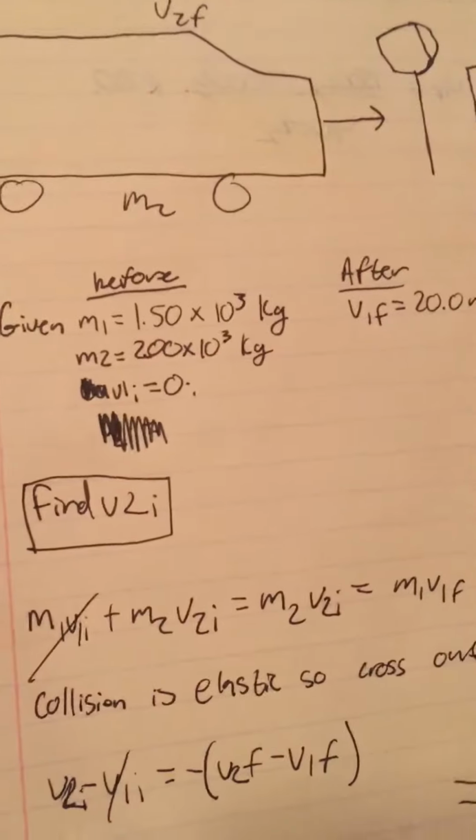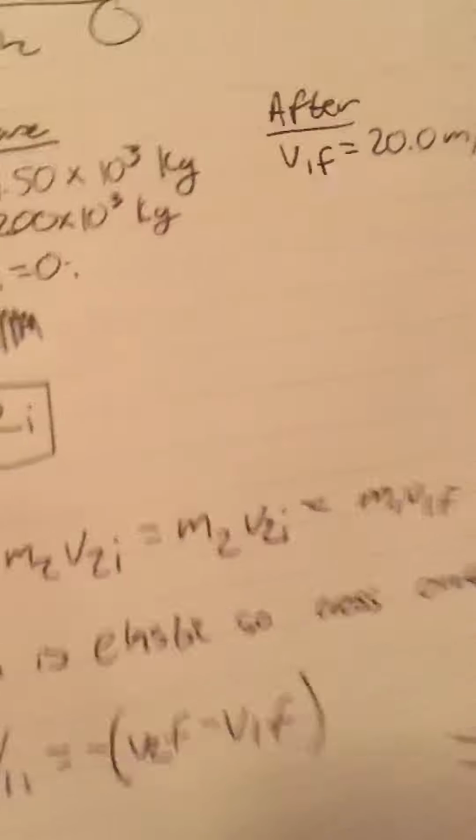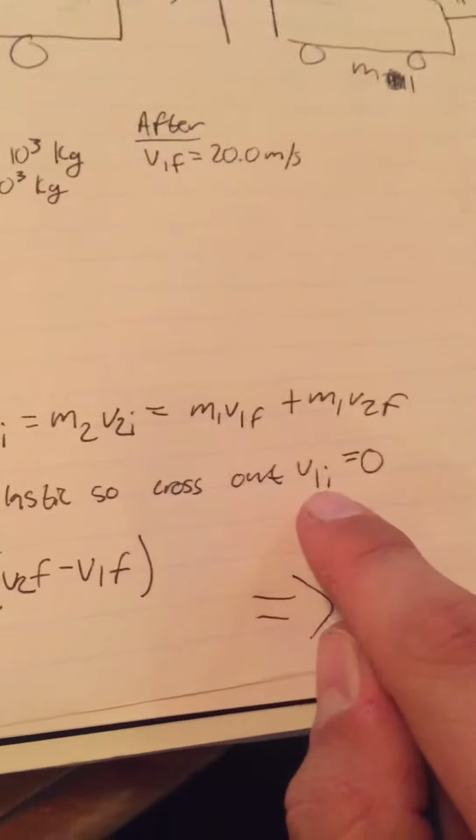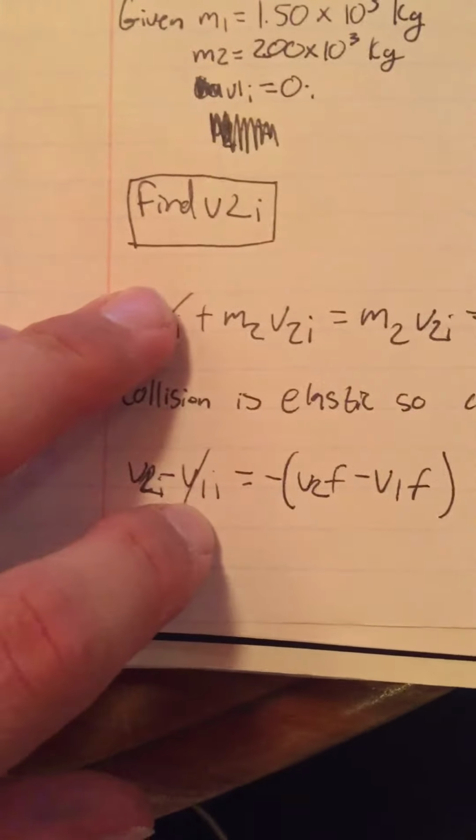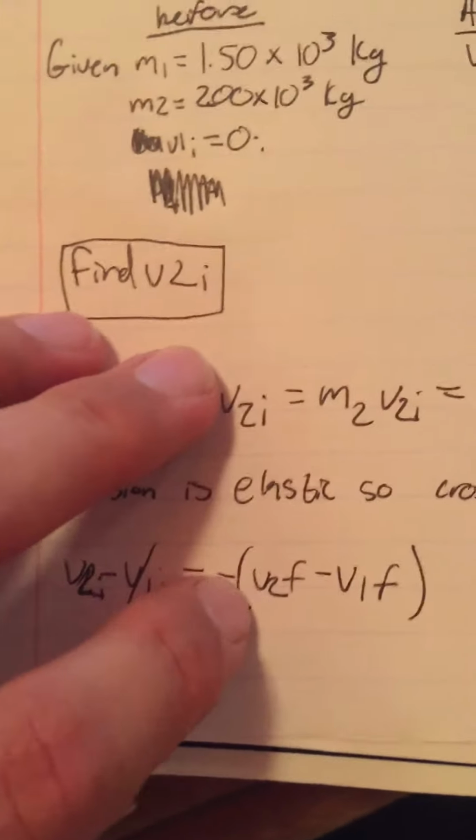Then the collision is elastic, so velocity 1 initial is 0, and that cancels out, and we get velocity 1 initial minus velocity 2 initial equals negative velocity 2 final minus velocity 1 final, and we get